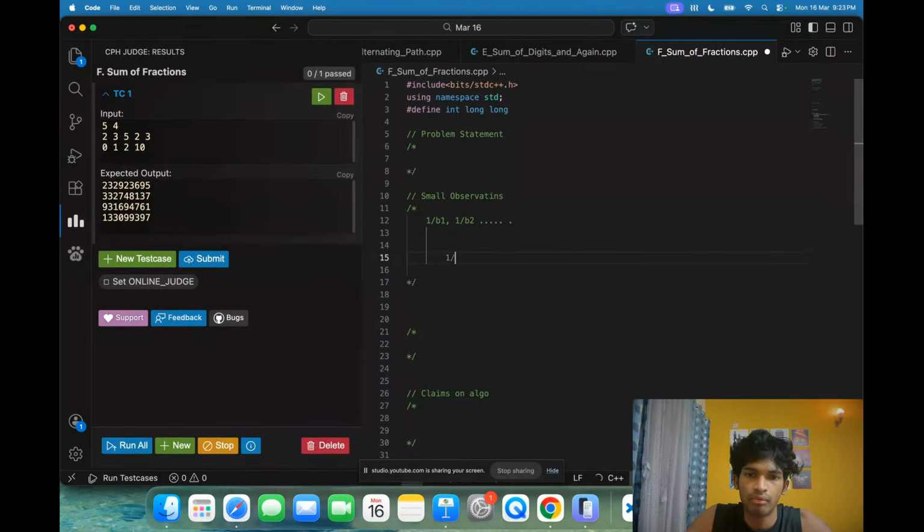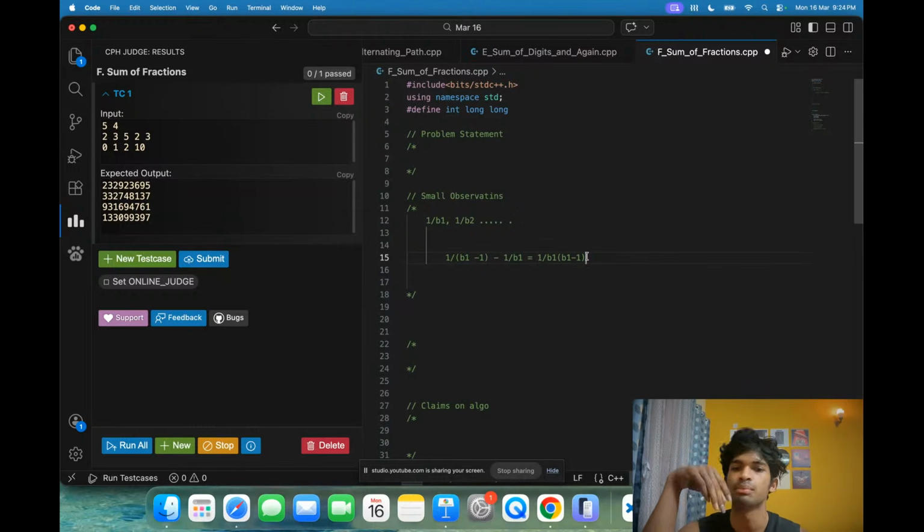What's the increase? Minus 1 by... So it looks like increasing the smallest one is better, and then it gets even better, and then it gets even better. So likely, greedily,